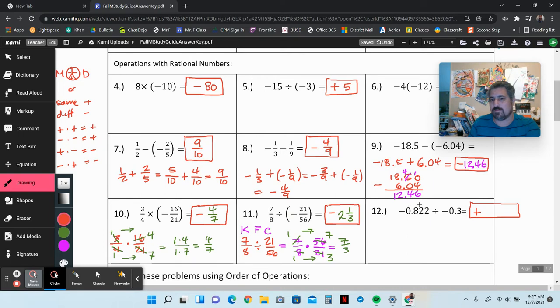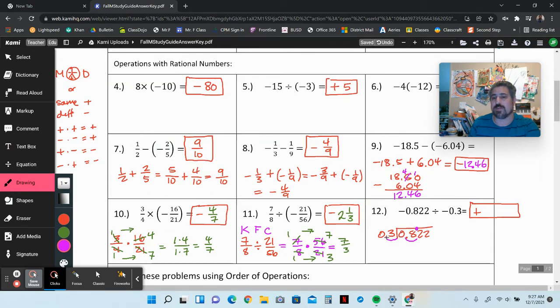And then the first value goes inside. So 0.822 goes inside. And the second value goes outside, which is going to be 0.3. Notice that I ignored the sign once I knew the sign was positive on the answer. And now we ask ourselves, are we dividing by a fraction, dividing by a decimal, or dividing by a whole value? If you're dividing by a whole value, you just bring the decimal up. If you're dividing by a decimal, you got to make it a whole value first. So move it 1 to the right on the outside, move it 1 to the right on the inside, then